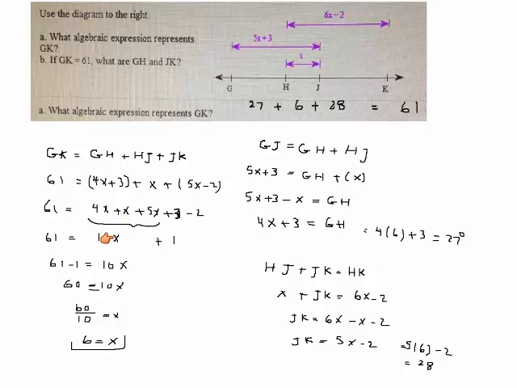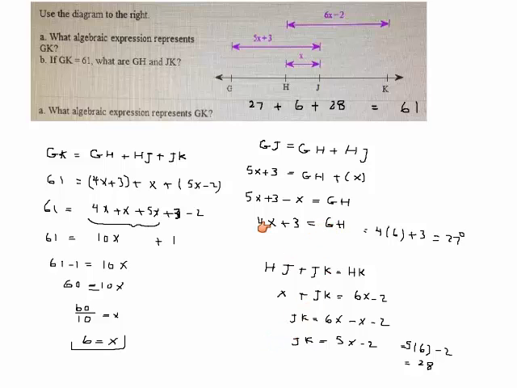I have 4x plus x plus 5x equal to 10x. 3 minus 2 is equal to 1. So 61 is equal to 10x plus 1. If I subtract 1 from both sides of the equation, I get 61 minus 1 would be equal to 60 equal to 10x. So x must be equal to 60 over 10 or equal to 6. Now I know what x is. I can substitute that back into these two equations to solve for